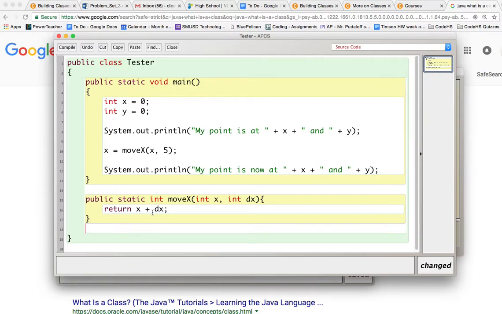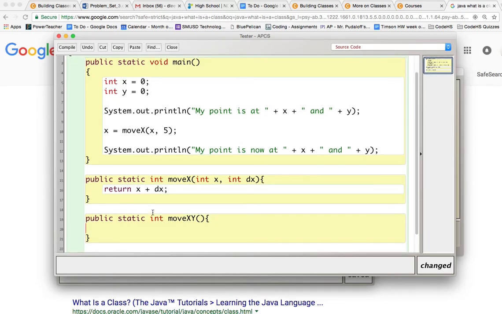But what if I wanted to make a method like public static int, I don't even know what I would return there, but I would say move x and y, right? I want to, I don't know what the word is, maybe translate, but you want to flip on the x and flip on the y. So basically flip across the x and y coordinate system, right? So how would you do that? Well, you would take in some values like int x and int y, and then you would take in the dx and the int dy,